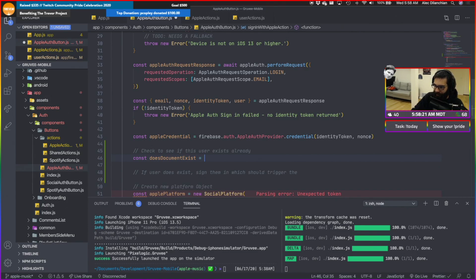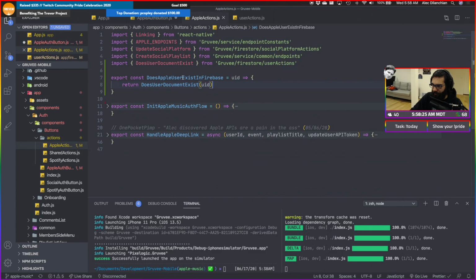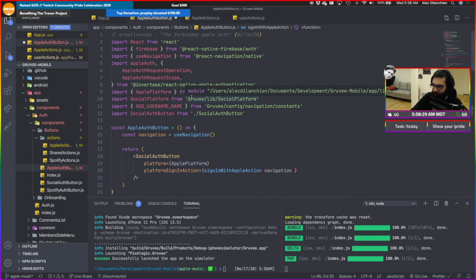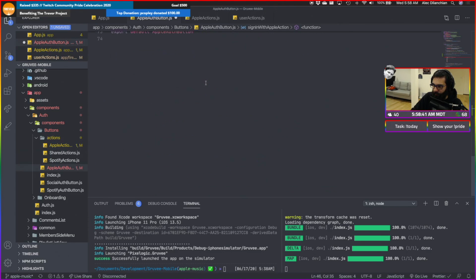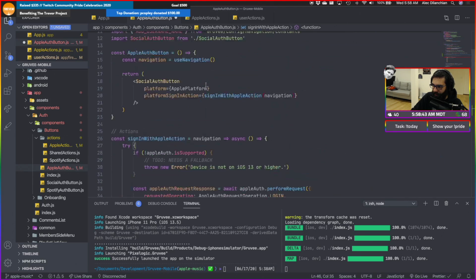Okay, cool. So we're now going to be able to do does document exist, and we're just going to import this thing, does Apple user exist in Firebase. And that's Apple actions. Oh, because I deleted these? Yeah.